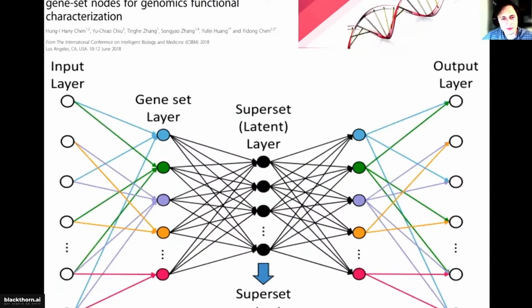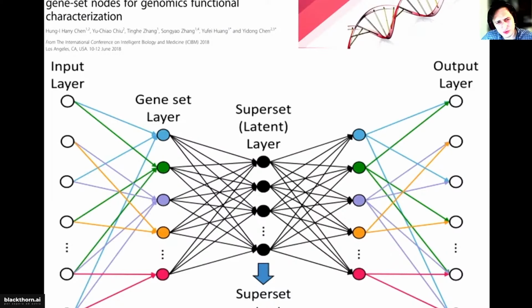And if we go into the evolution of the methods, obviously we want to pay attention to GSAE. It's an autoencoder which has embedded gene sets. The basic input layer is your genes, like CPM or differential gene expression, and then you have a second layer of gene sets. As you may see, it's not fully connected. It has just the relevant genes connected to it, and it's called gene sets. And then you can combine these gene sets in supersets, in the latent layer.